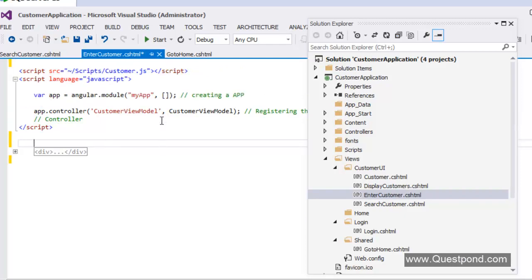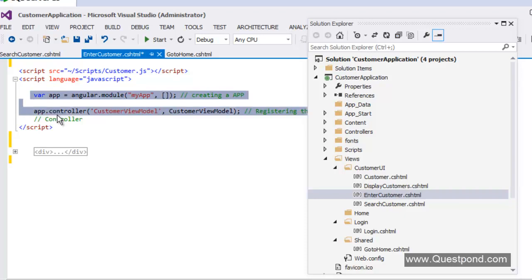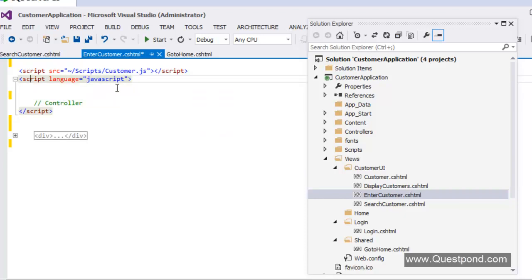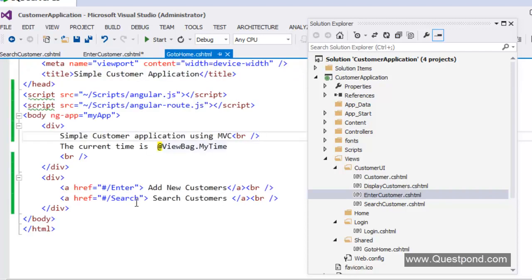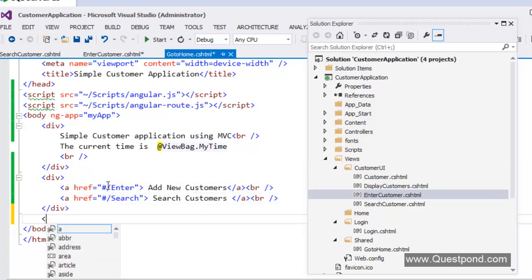And because that is a shell page, I would like to create my app objects and everything on my shell page. I don't want it over here, right? So I'm going to move this thing from here to here. So over here I would like to move those codes.